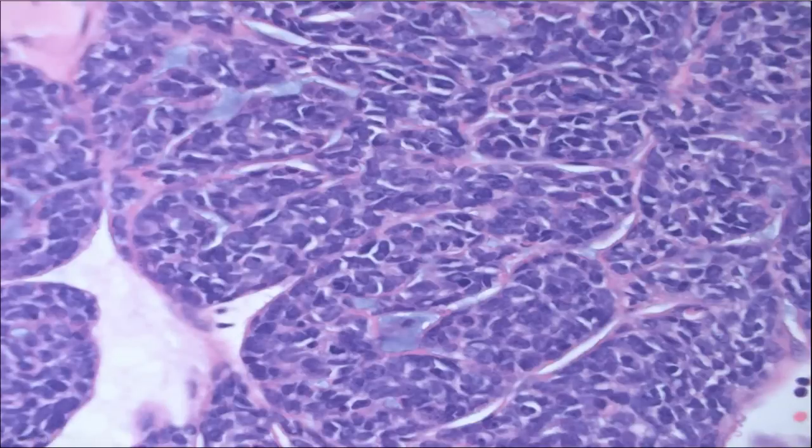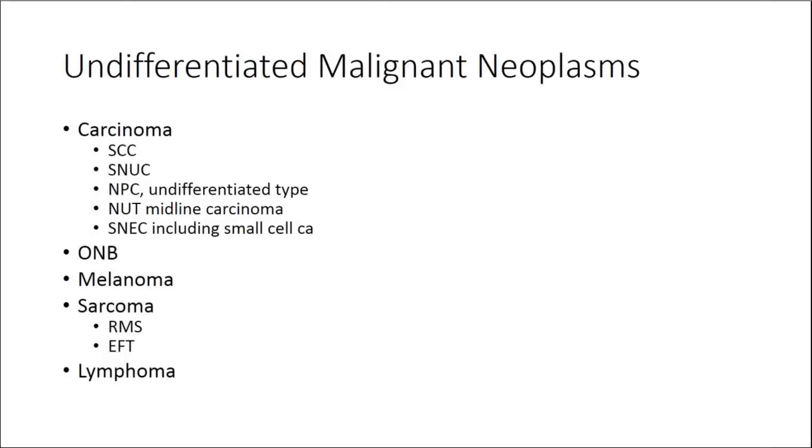It's a higher power, again, showing very undifferentiated. So there's really no areas that are telling us exactly what this tumor is. So I think if we just go back to our undifferentiated malignant neoplasm differential diagnosis, we have several things that